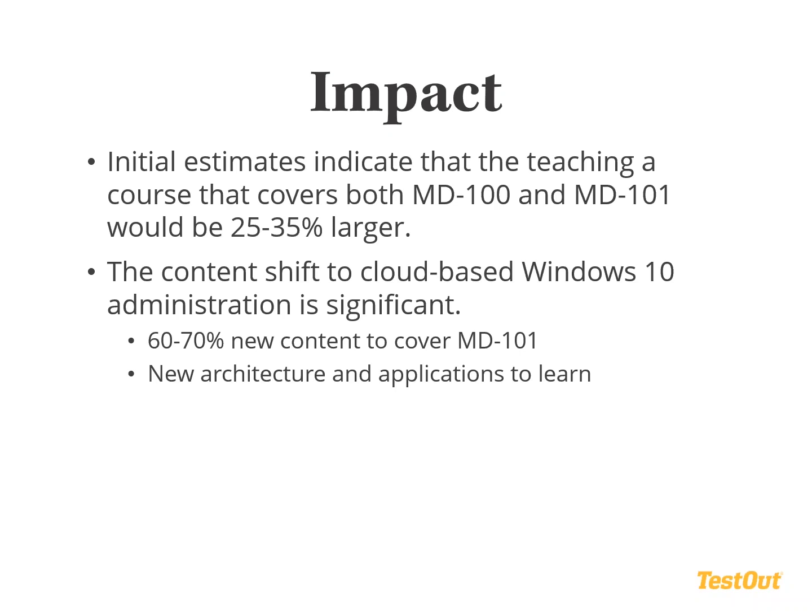So as we look at the aggregate, in other words, what things have been taken out of 100 and 101, what things have been updated, and what things need to be added, we're looking at a potentially 25 to 35% larger course. So as you do some of your course planning, and as you have the constraints of your semesters and of how your organizations have your semesters and scheduling laid out, you need to think about how you are going to handle the larger amount of material, what things you might want to include, and what things maybe not include as much, so that you can fit things within the size that the course will potentially be.